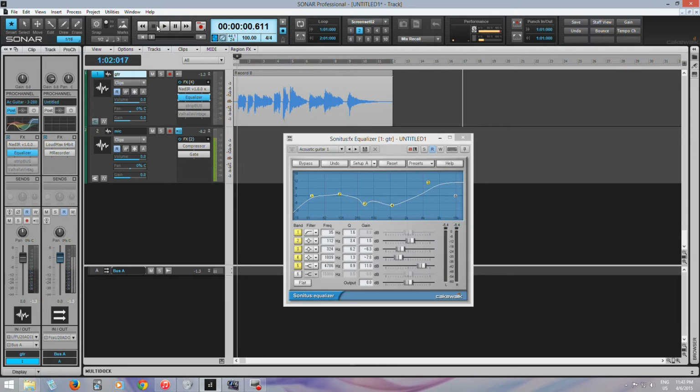Okay, now for me, that really sounded like an acoustic guitar. Now it's starting to sound like what I would recognize as an acoustic guitar. If somebody played that for me, I'd say, oh, that's an acoustic right there. These highs here really bring out that stringy sound, and these cuts here on,